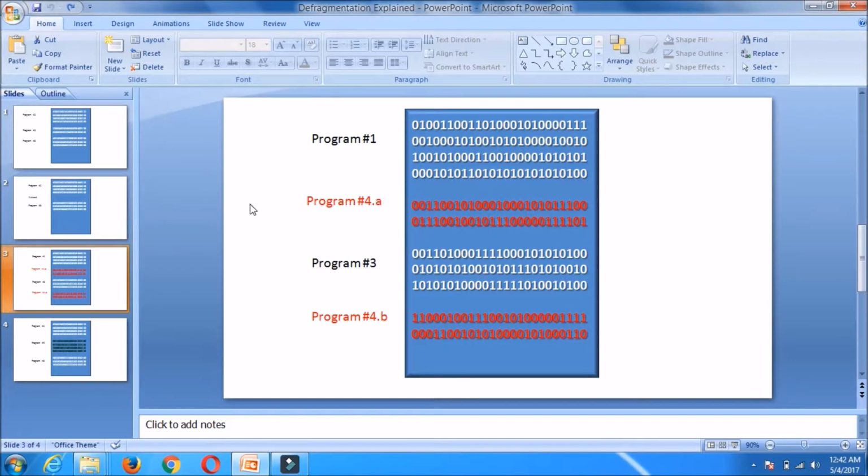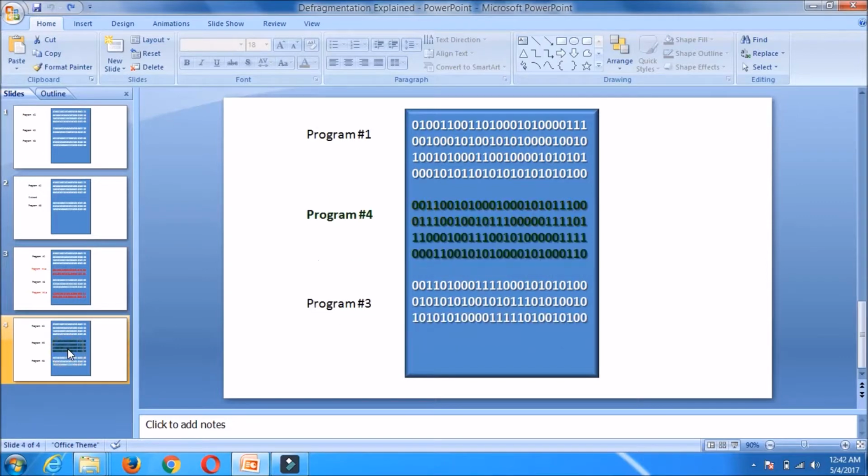So, this leads us to defragmentation. What does defragmentation mean? Defragmentation is reading everything on your hard drive, then regrouping the lines of code so all the code for one program or one file is in one place, which would look like this, per se,